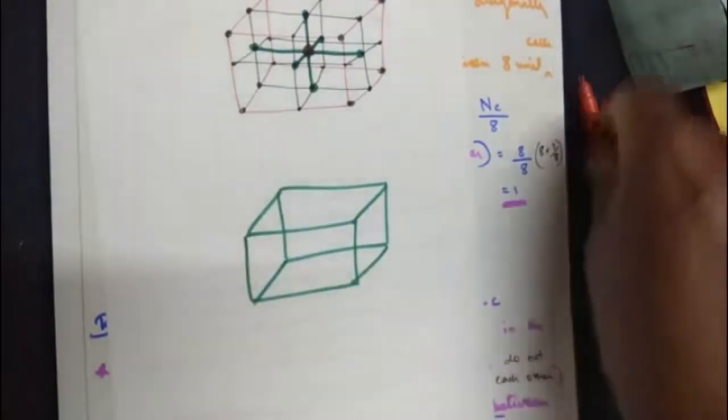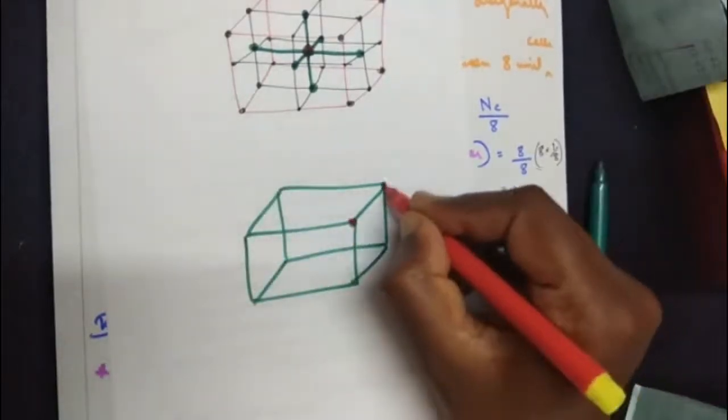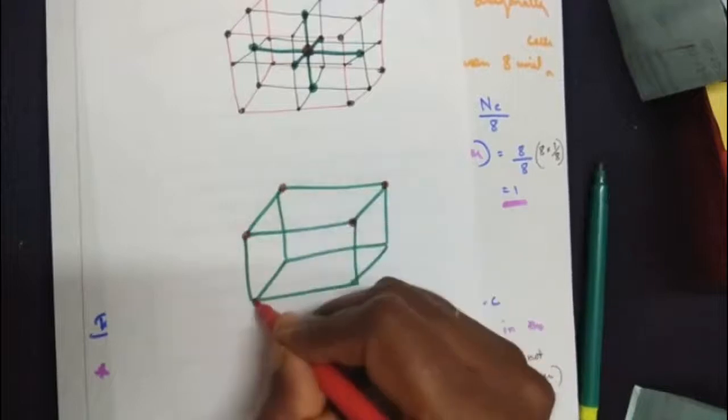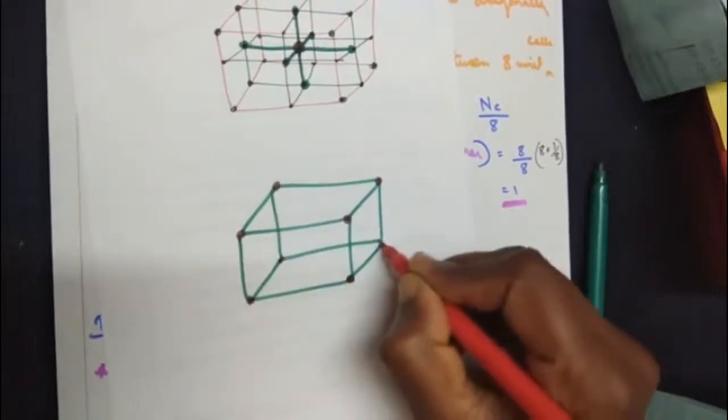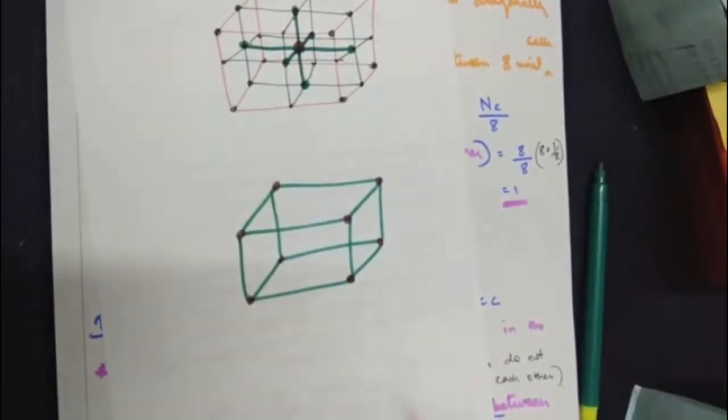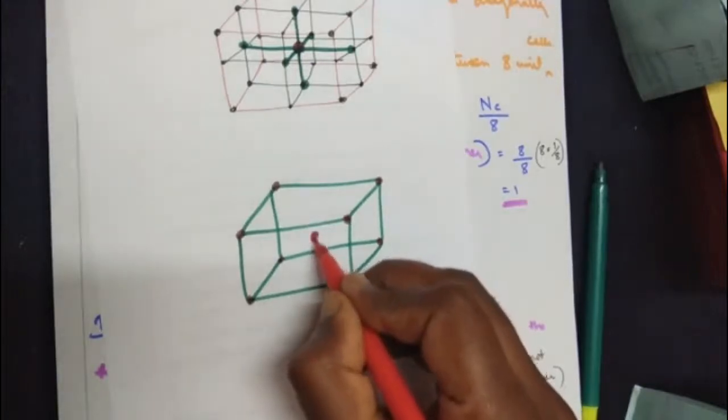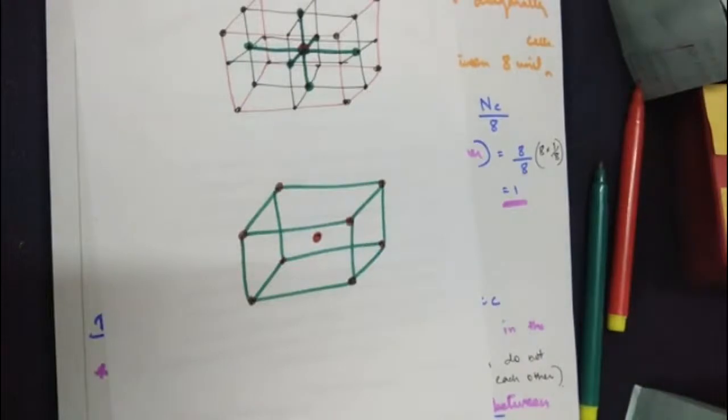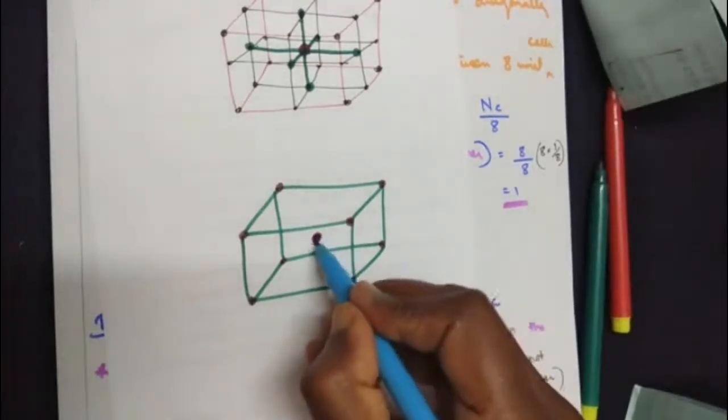How many corners? Every non-primitive cell will also have a unit cell with the 8 corners. Body centered, when we say, there is an atom in the middle. Now we have to understand and explain how the 8 corners are being shared. If you look at it, this is in the middle.